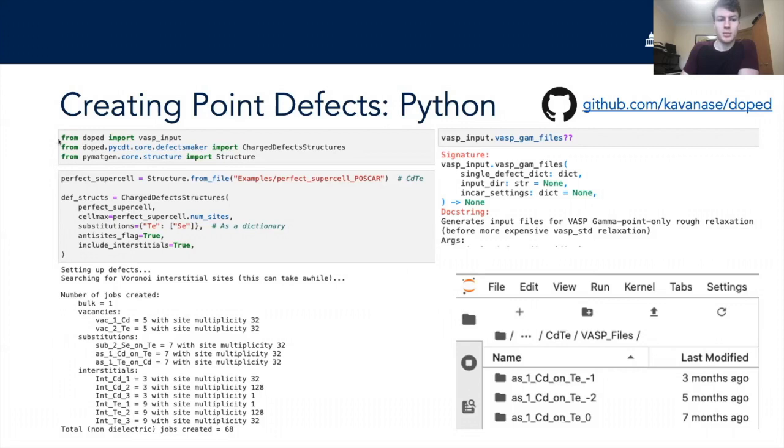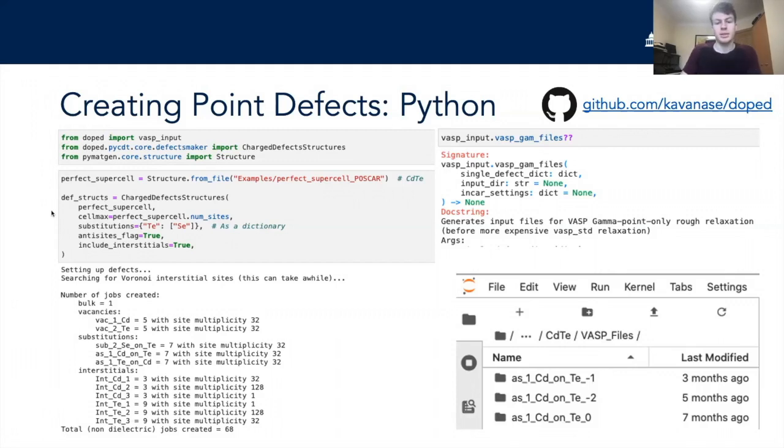With just a couple of lines of code, you can generate all the intrinsic defects as well as specific extrinsic defects in your system. There's an example workbook on the GitHub repo, and more documentation will be added when this undergoes some proper development. But to give a general outline of the workflow involved: firstly, you load your bulk structure, whether as the primitive or an already generated bulk supercell. You then feed this into the charge defect structures